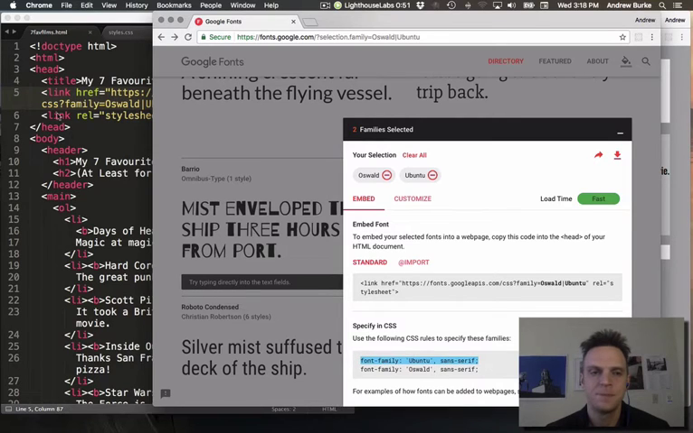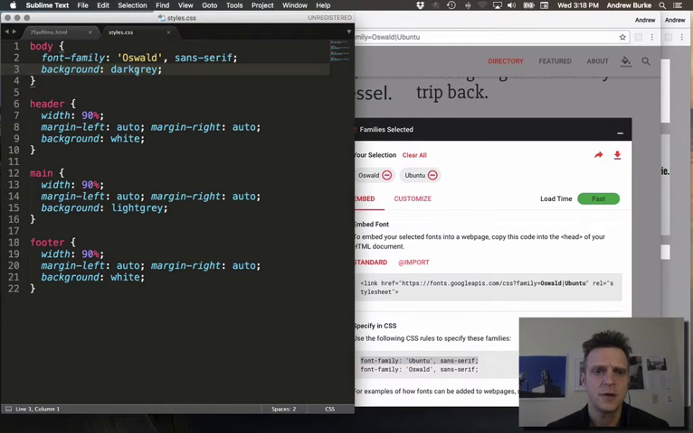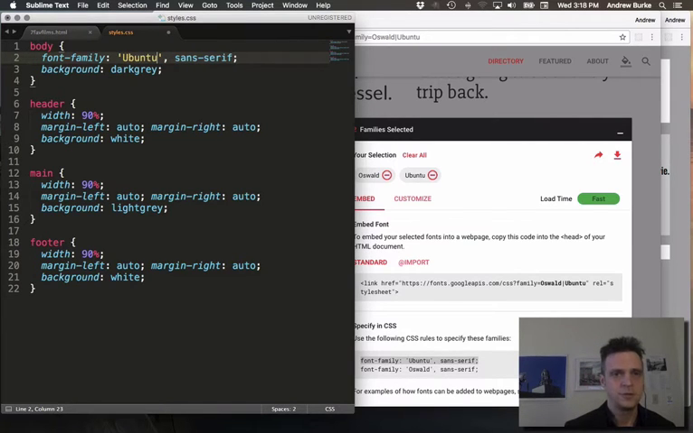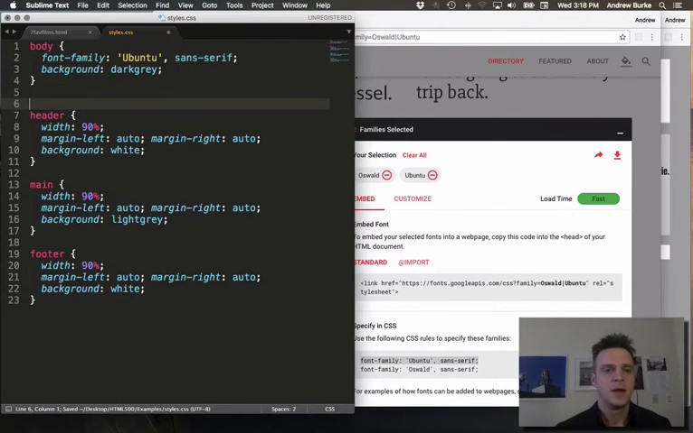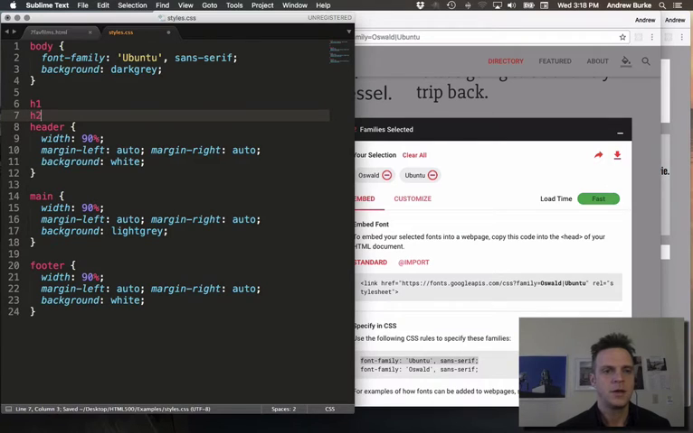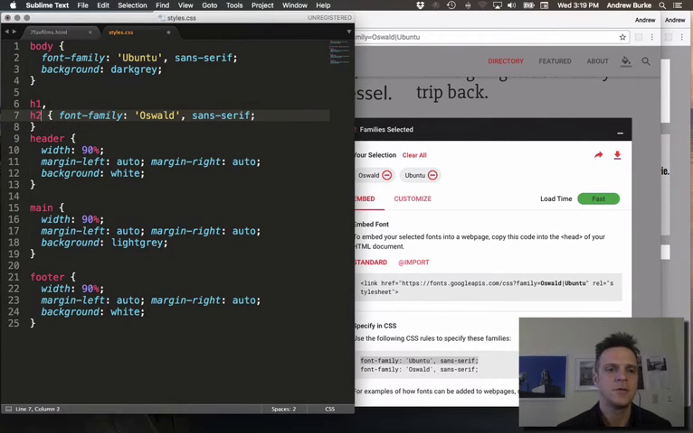So now we're going to assign Ubuntu to body in general. And then H1 and H2 are going to be in font family Oswald, sans serif. So what we've done is we've got two different fonts, and this is what you often find